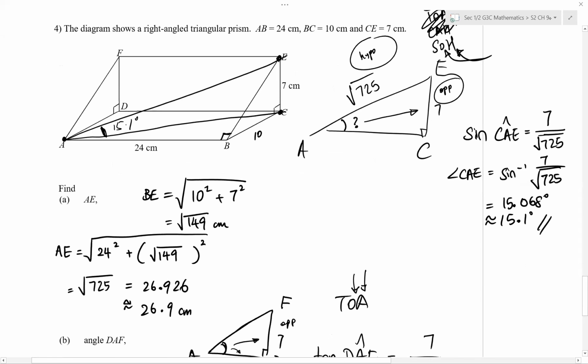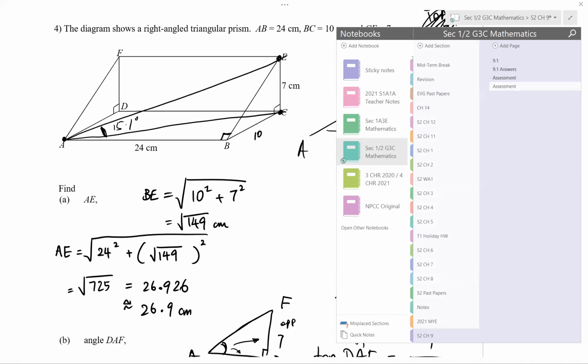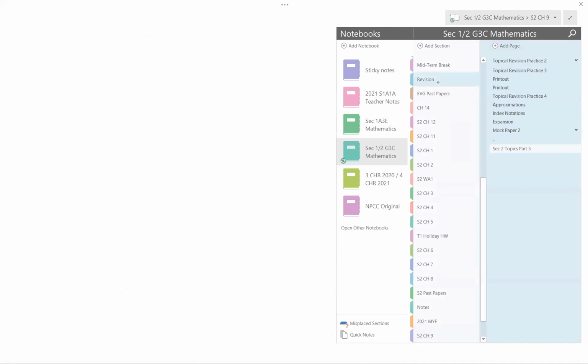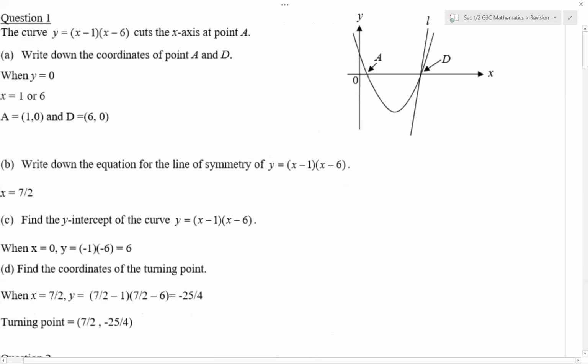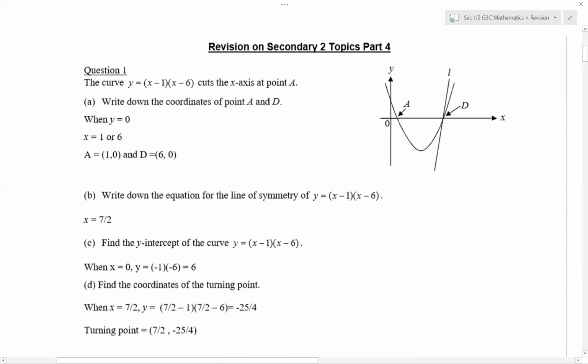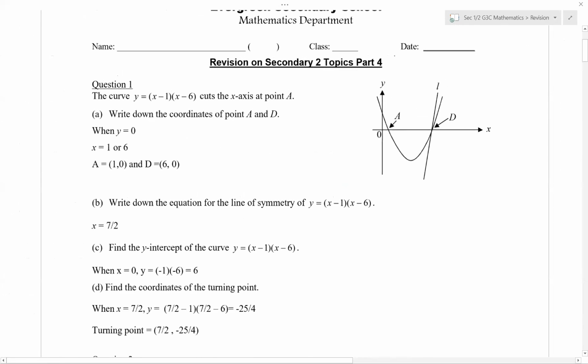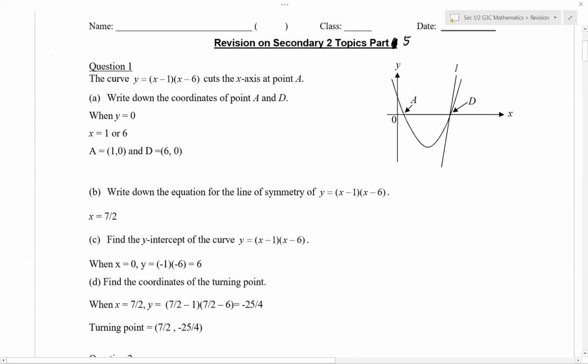Okay, so now let's move on to our next revision question topic. We probably will only be able to go through page 1 today. Okay, so let's start. The curve y equals x minus 1, x minus 6 cuts the x-axis at point